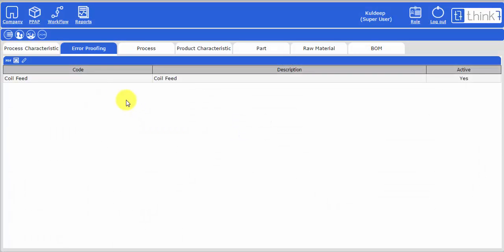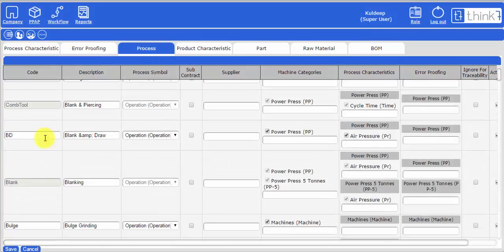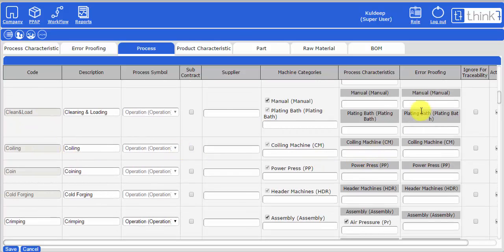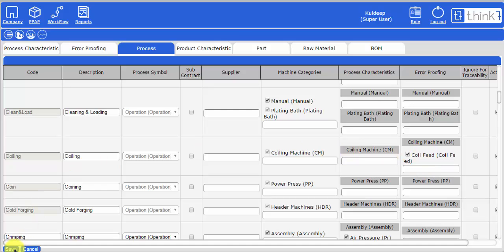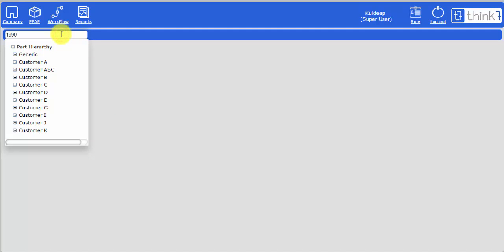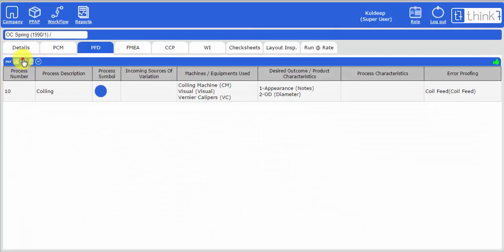Once this is completed, you can then link these against the machine and process combination under the process master screen. After including these here, you can then select these in the process flow diagram for a part wherever the process is being used.